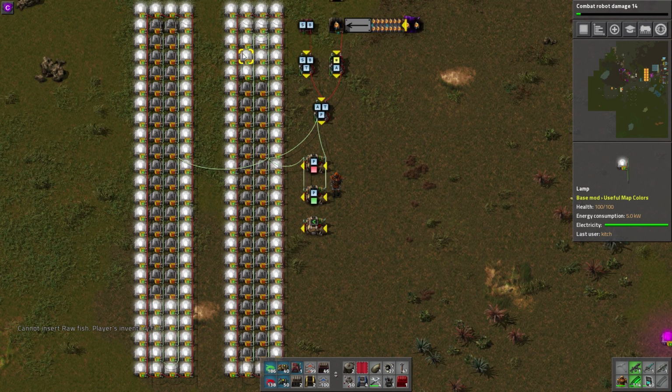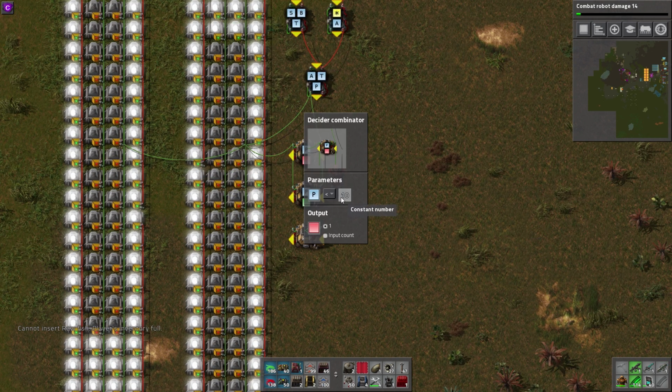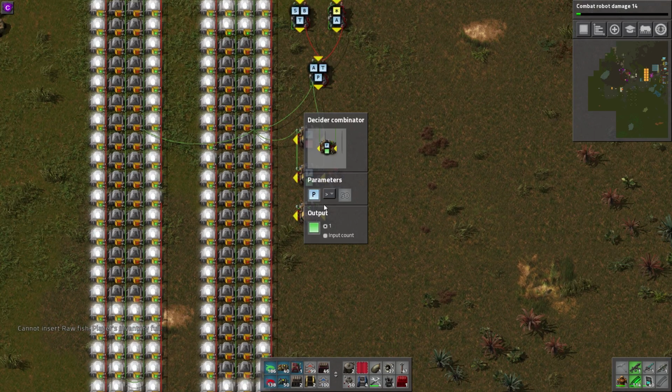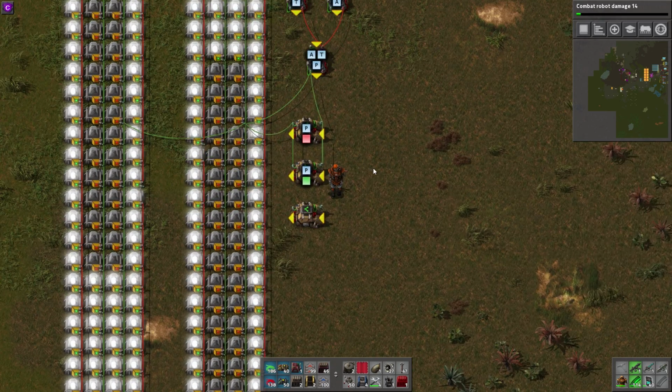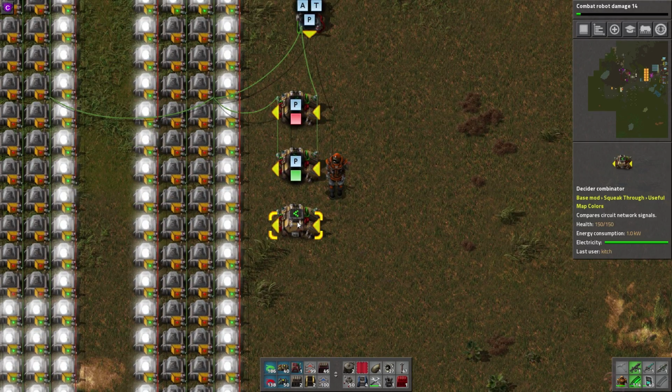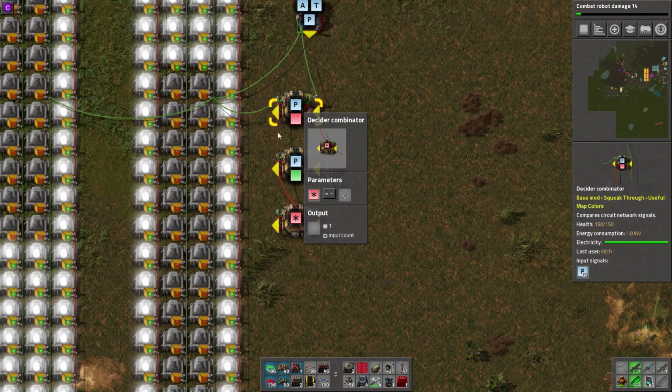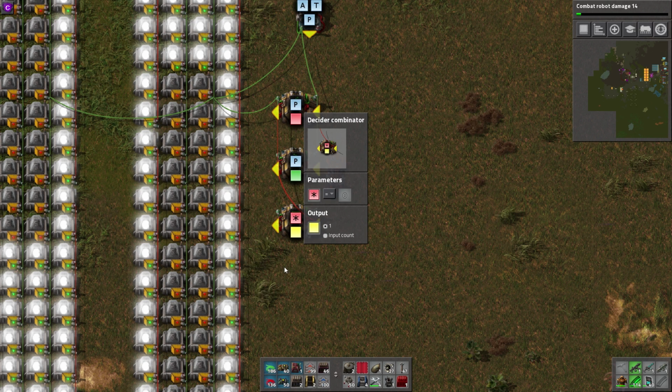And when it bumps up here, it'll turn white. It'll turn white because we have some space in between 10% and 50% where nothing is happening. Now we can do an if P is less than 50 and P is greater than 10 logic with a bunch of decider combinators. That is certainly possible. But we can also read the outputs of these two guys and put that in the back of this combinator and say, if everything coming in is 0, meaning that we're not getting anything, we can go ahead and output